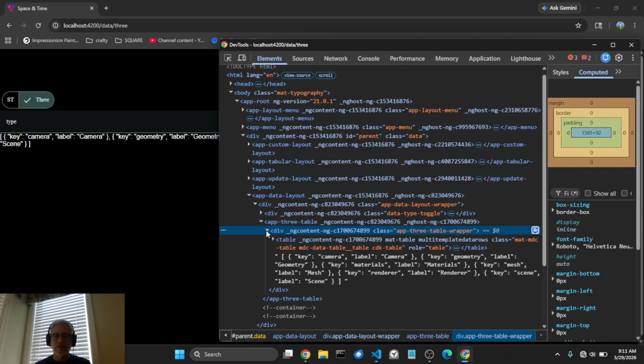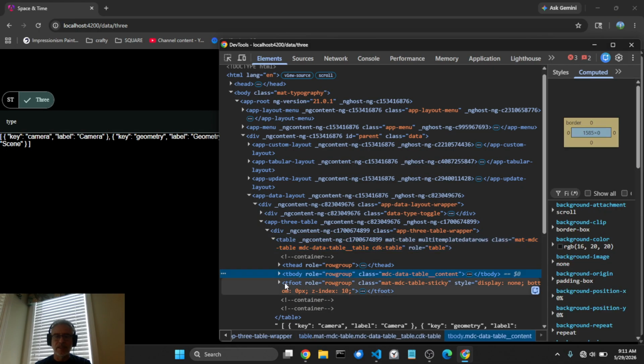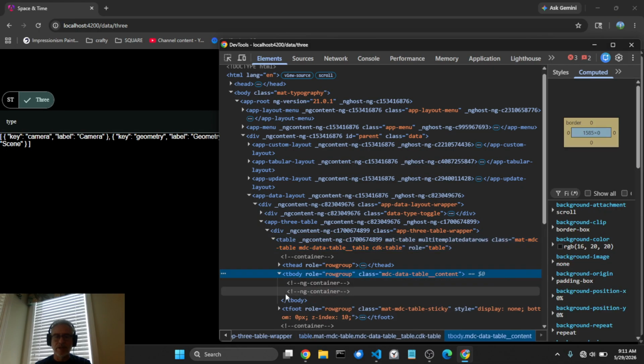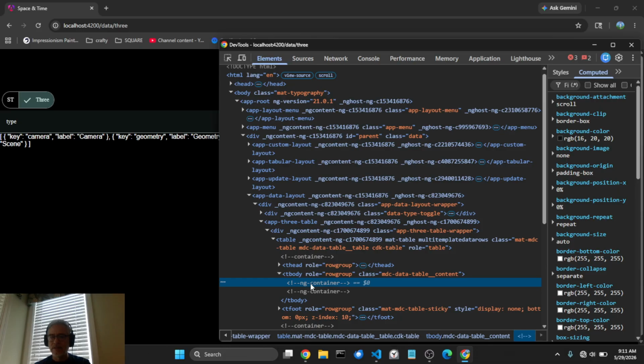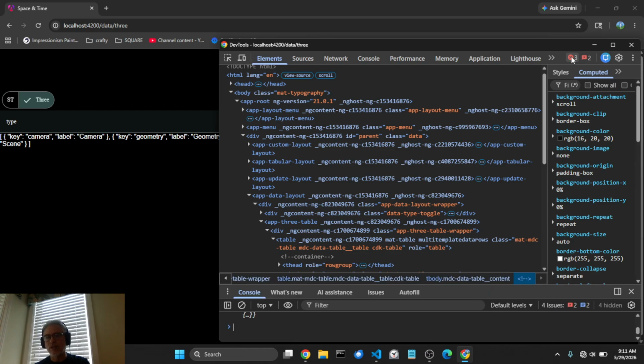And it is interesting because I thought, oh, I have two things in the body because I have a detail and a on that, but no. You have these ng containers, but there doesn't seem to be anything inside of them. I'm seeing some more errors up here, but I think these are probably about the